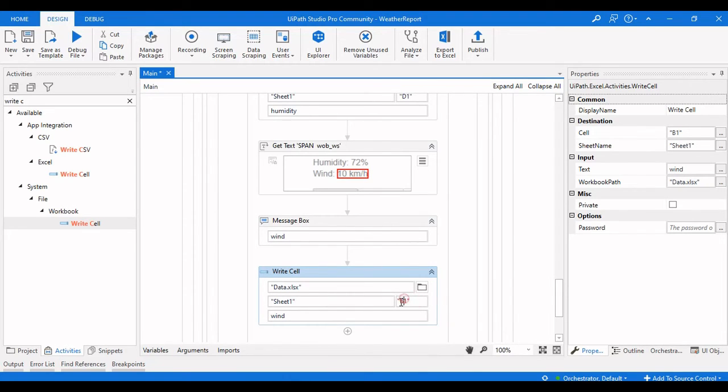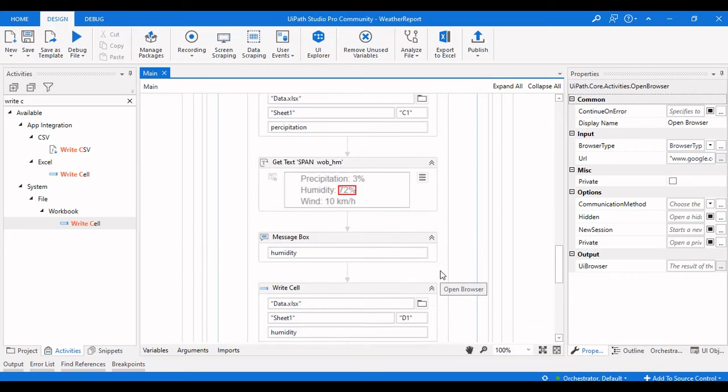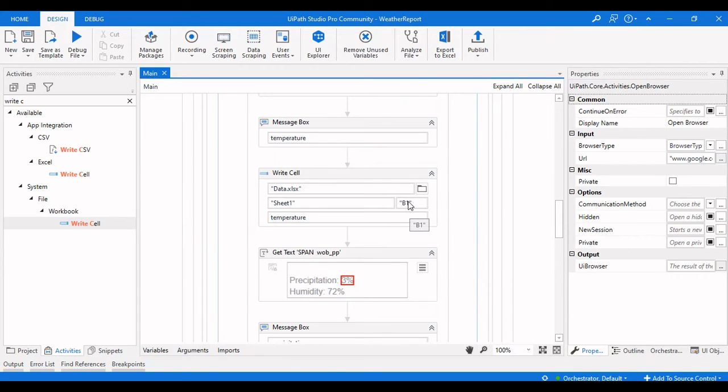The column value will be E. So if we keep it like this, then the value will be overridden in the E1. So what we need to do is increment the value of 1 here.